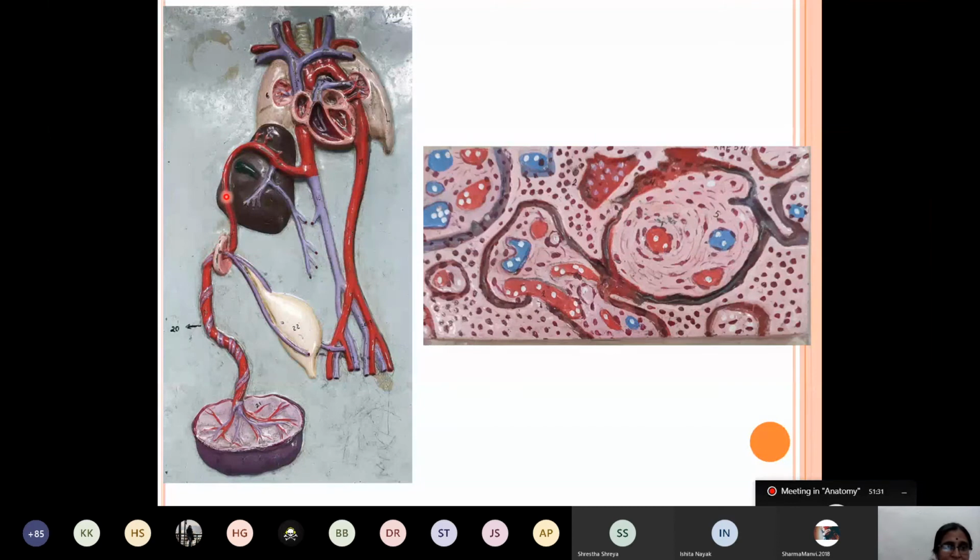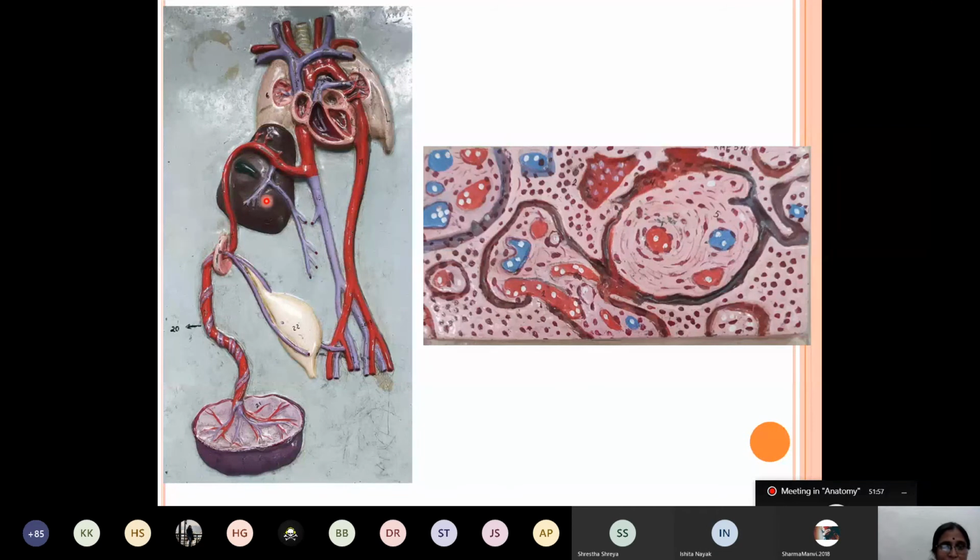Then the umbilical vein passes through the ductus venosum, and 80% of the blood enters the right atrium. Through the foramen ovale, it goes to the left atrium, then to the left ventricle. Then it goes to the ascending aorta, arch of aorta, and descending aorta, and from the branches it gets circulated. However, some amount of blood returns back to the pulmonary trunk through the ductus arteriosus.